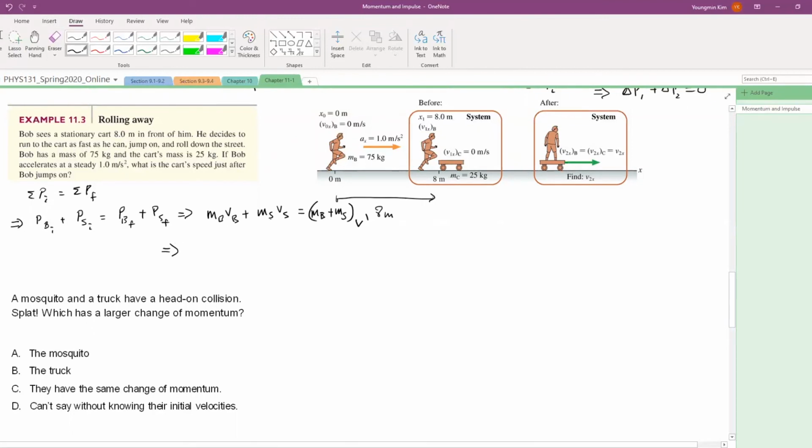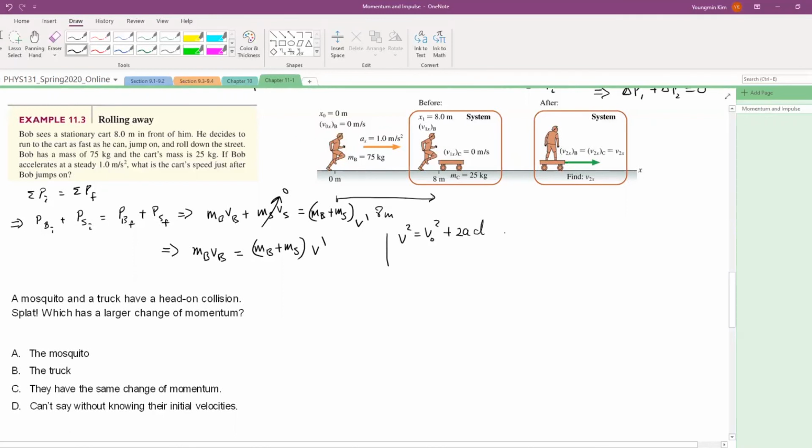So here we know the initial velocity of the skateboard was 0, so simply this is the mass of Bob times the initial velocity of Bob is equal to two masses added together, and they travel with a common velocity that will be different from the initial velocity. Now, we're not directly given the velocity of Bob as he hops on the skateboard, but we do know the distance he traveled and the acceleration during that time. So again, we can apply one of the kinematic equations